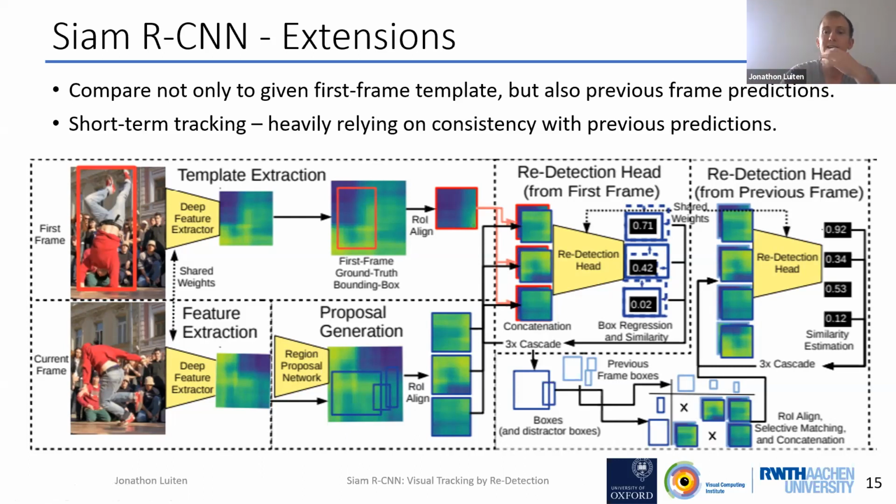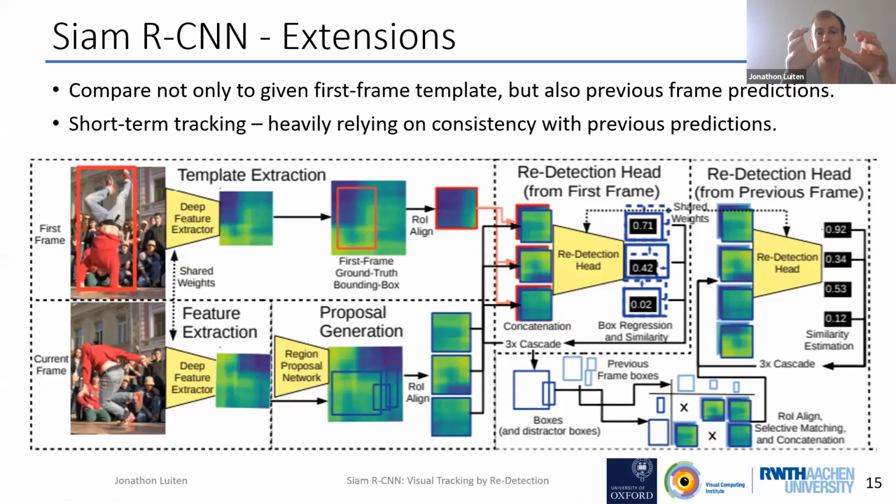spatio-temporal consistency. So basically, in order to take that into account, we only make comparisons between boxes that are similar enough in time, so it might move only slightly in time. And so then we can run this redetection head again, but instead of comparing the patches to the first frame template, we can compare them to the previous frame objects, and we can see the similarity. So what this means is that we can build up,